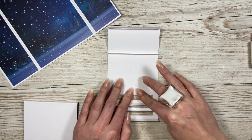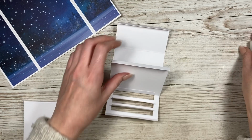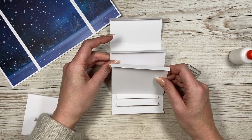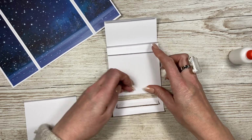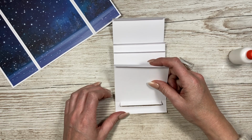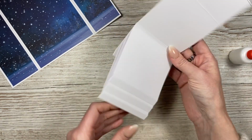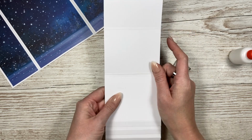And just fold that over. You can see now that's attached. I'm going to do the same. So I've just added the glue on both of those. Again, this one, make sure the fold's at the top, and then sit that one in there, and then this one. Like so. Then have them all folded towards you, so you've got these tabs facing up, and you're going to add glue